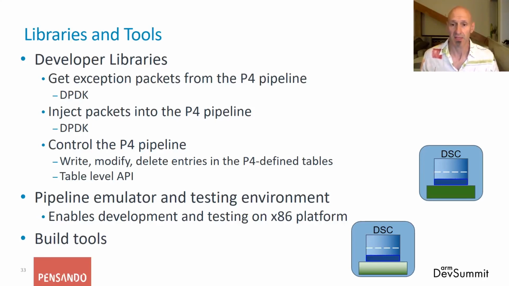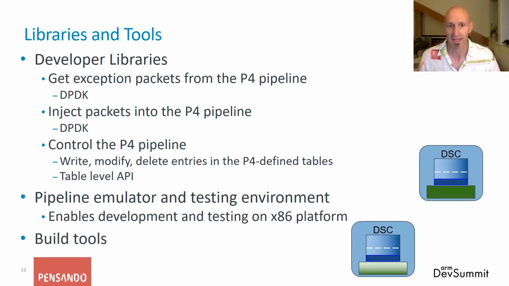Similarly, the PDK is used by the software running on the ARM core to inject packets into the packet processing pipeline, either to be sent out through the Ethernet interfaces or to be sent to the host after having been processed in the